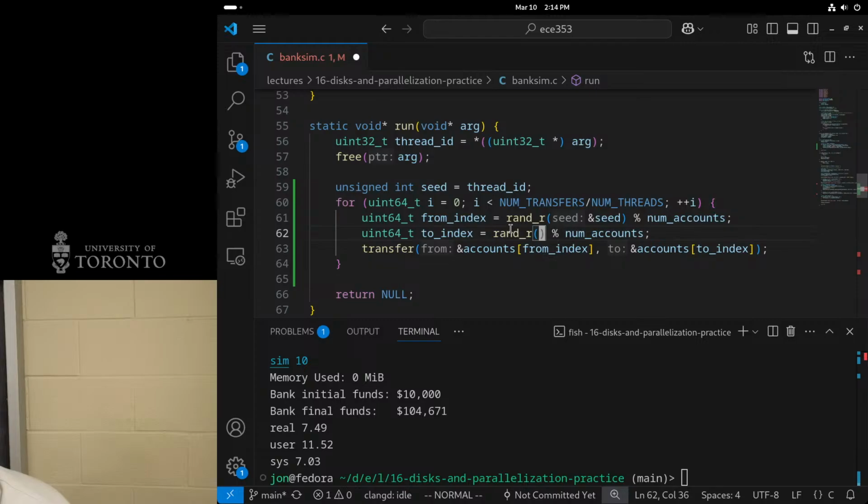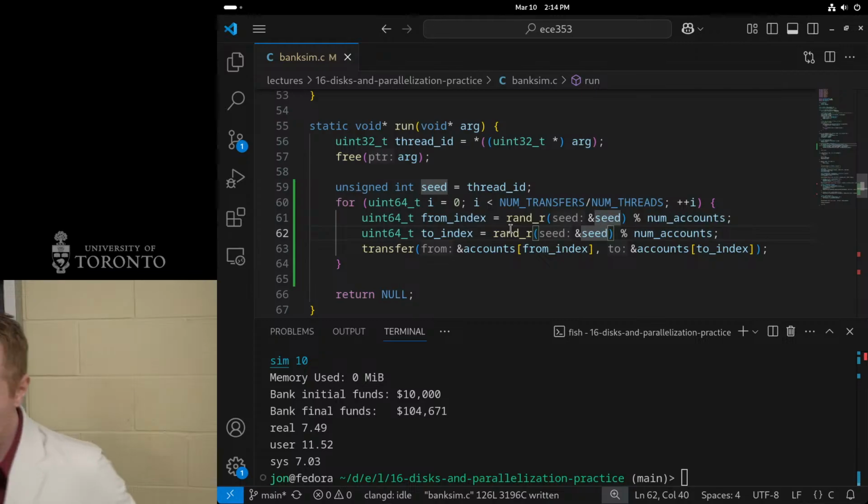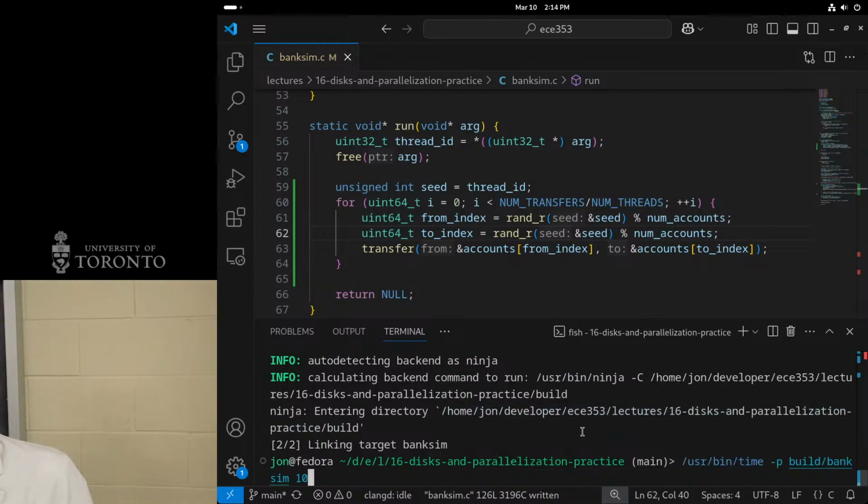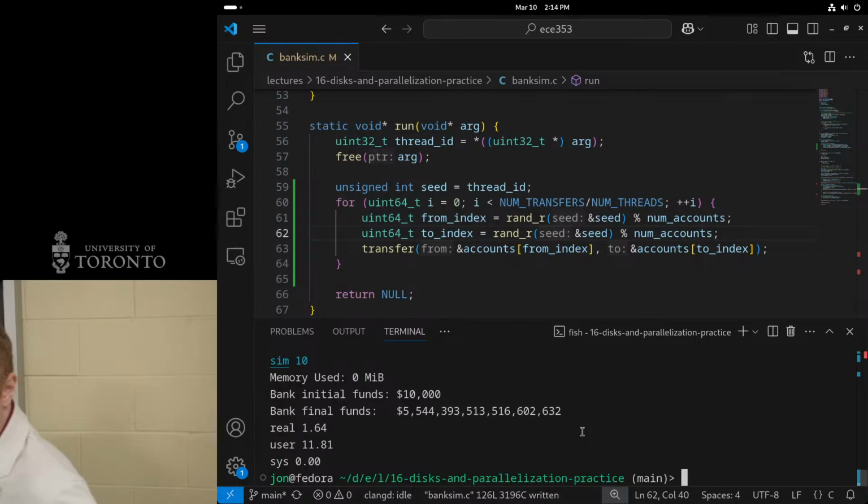So I can give it the pointer to the seed, and then it will use that to go ahead and modify its own state, and each thread will be modifying its own state so that it can all be done in parallel. So if I do that all in parallel and compile that, this will make RAND actually independent in each thread because they're all modifying their own state. So each RAND R should be a lot faster. If I run it now, boom, it is now 8 times faster, right? It makes more sense now.